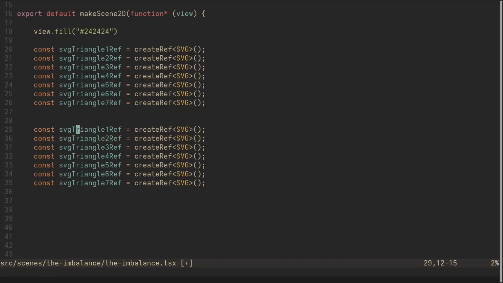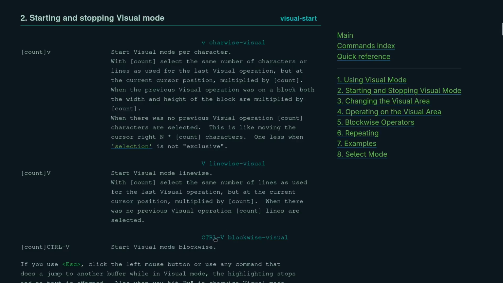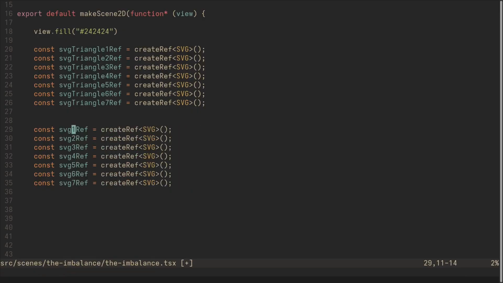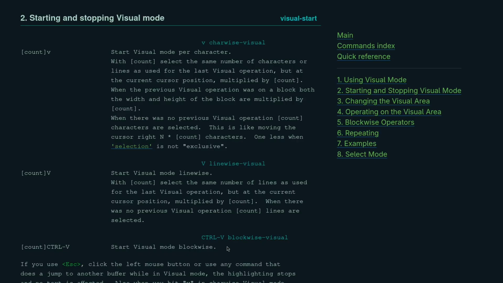So we actually want to replace triangle. We're going to go to the start of where we want to replace from, and to enter block mode, make sure that you're in normal mode by pressing escape, and we're going to use Ctrl V. Once that's done, you should see that you're in visual block mode at the bottom left, and you can go ahead and make your selection. The cool thing is when you go to the next line, it only selects that particular column and not the entire line. We can delete this by pressing d,